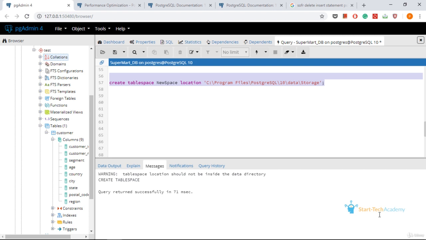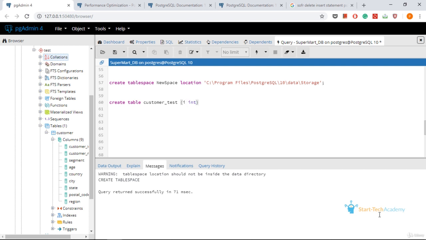So let us create a new table into this new space. We'll create table, table name within brackets, and within the brackets I'll write the column name, which is i, and the data type int.